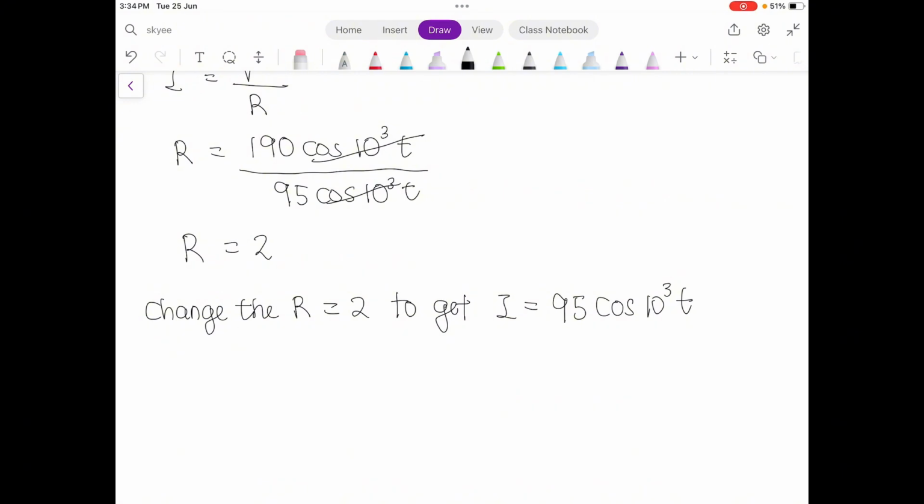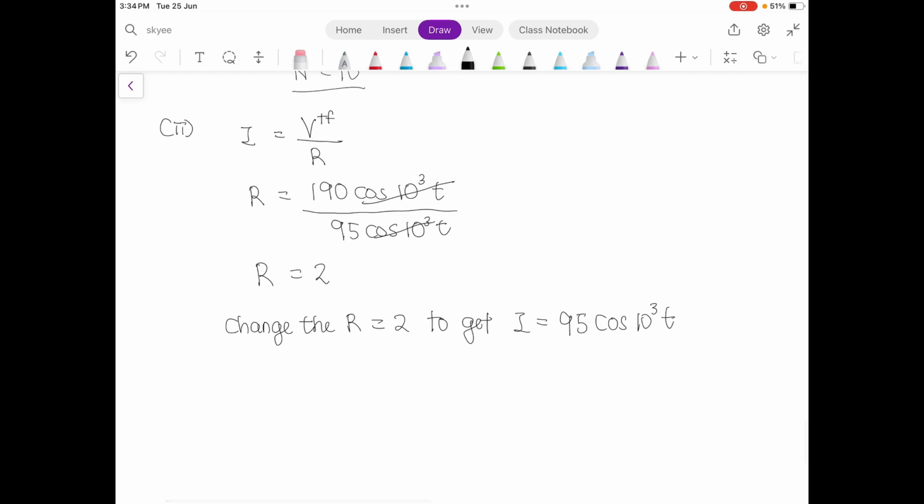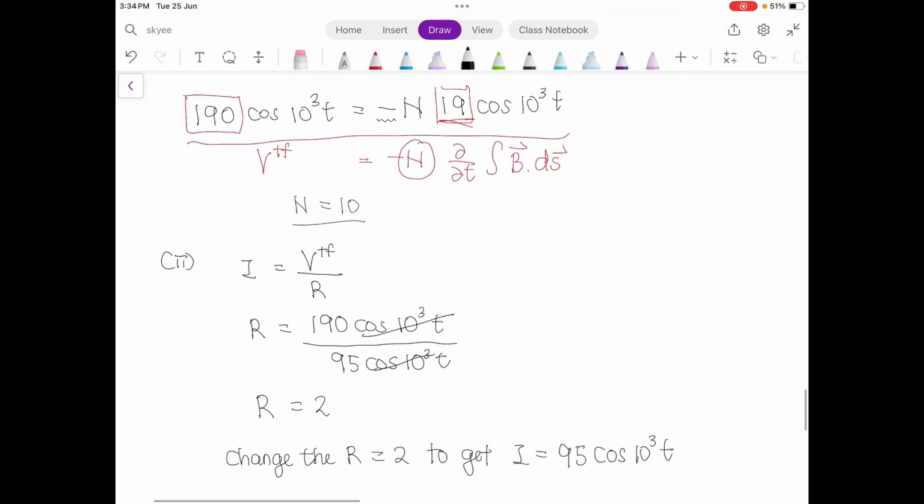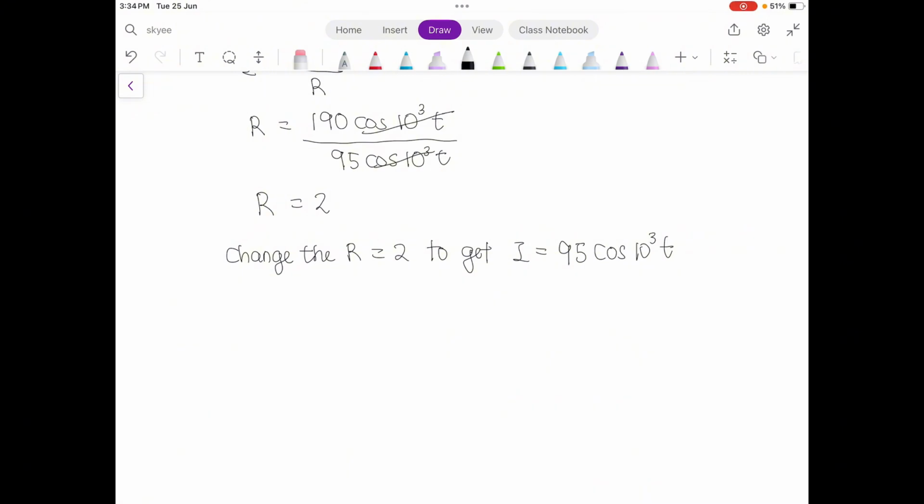Okay, so is there any other way for us to do it? Can we change the turn? This is the first way. So can we change it? We can also change it by changing the n, right? If you want to maintain R equals 1000, for example, R equals 1000, or alternative,